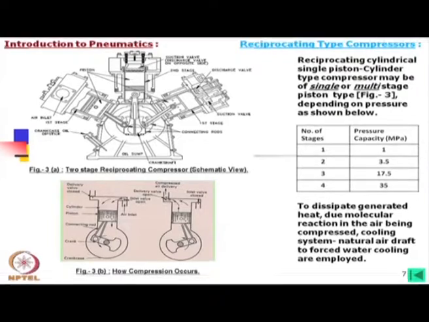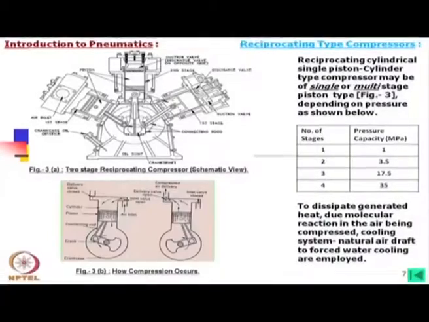That means, for a small compressor you can simply use a fan just to cool, and this reservoir as well as the compressor body is made with additional heat dissipation area. That means fins are used, even on the tank, just to cool it. But for higher pressure, say in case of 2 stage, 3 stage and 4 stage,